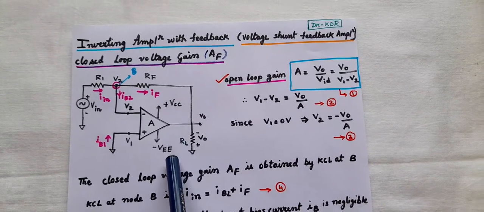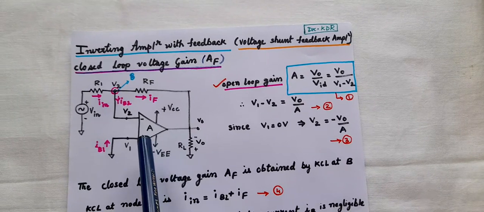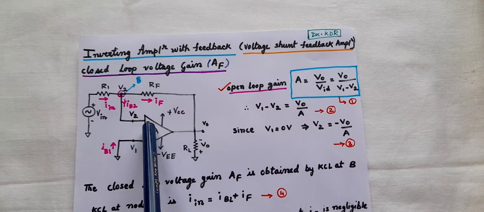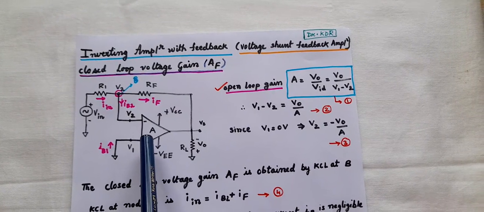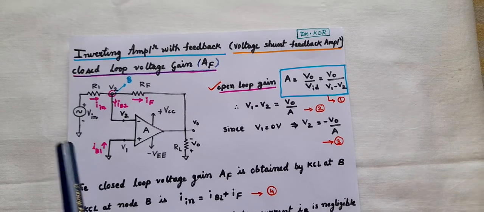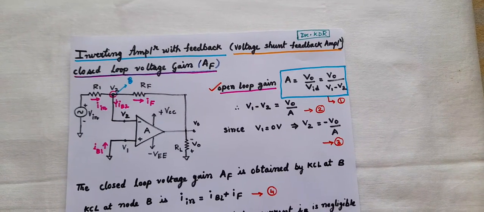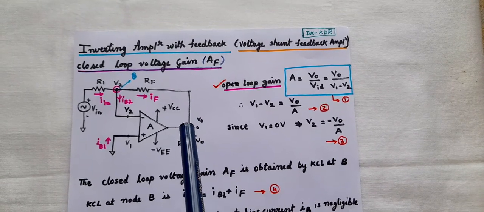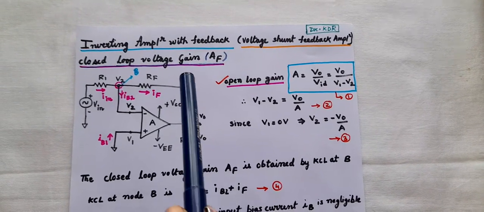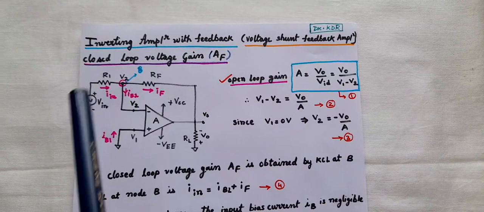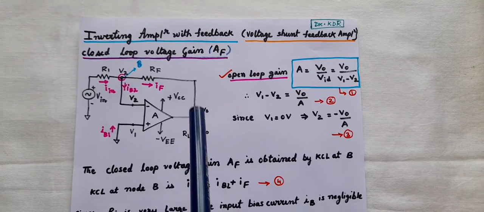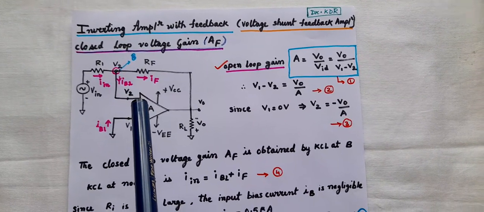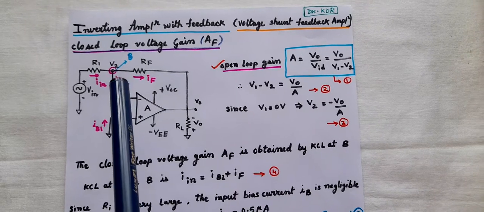It's very clear. Now you can easily answer it: yes, because we have input V in at the minus terminal of the op amp and the plus terminal, that is the non-inverting terminal, is grounded. So it is an inverting configuration, or inverting amplifier with feedback, because a part of the output is taken back to the input through the feedback resistor RF. So there is a connection from output back to the input. So there is a feedback path.